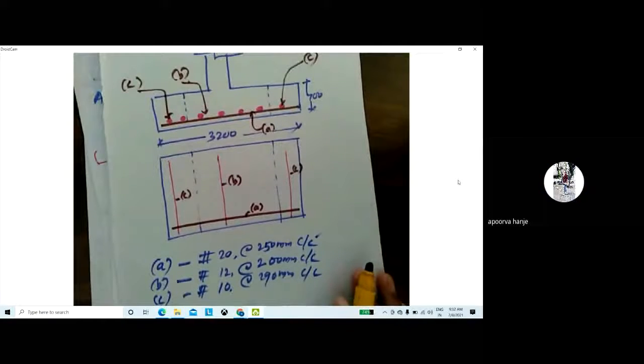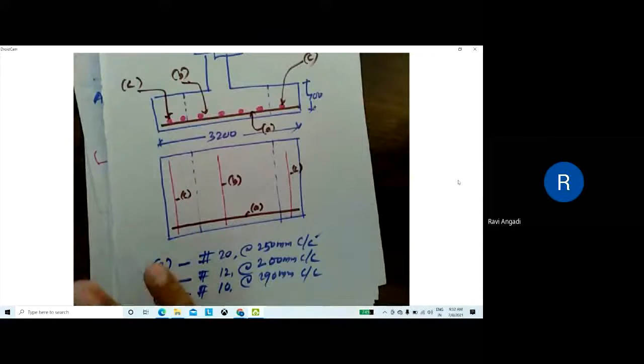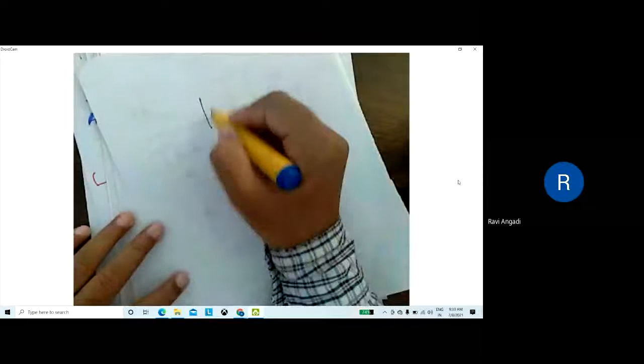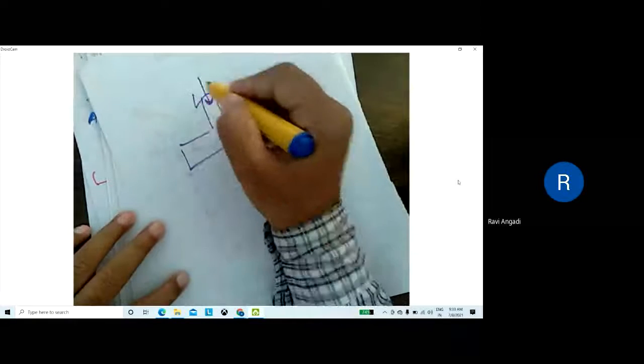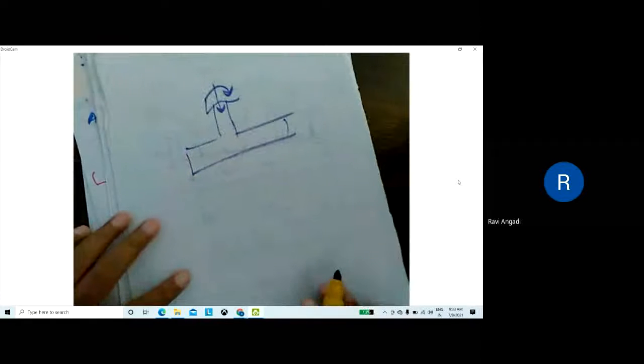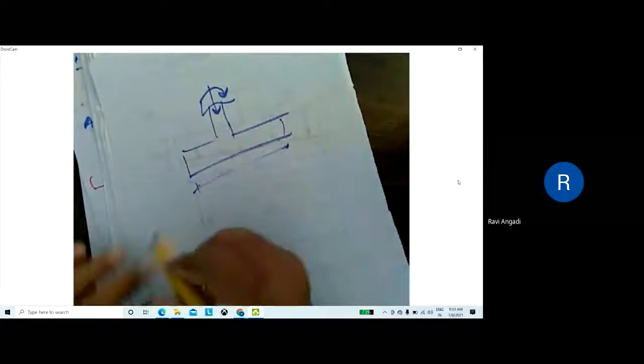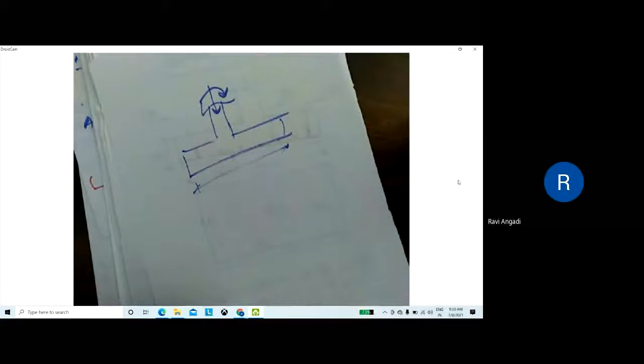No, sir. Right. So with this, design of isolated footing without eccentricity, we have completed. One we have taken as a square footing, and another one a rectangular footing. So in the next class, with eccentricity, means suppose the moment is present. So this is a column. Along with the load, if moment is also present, how to design? That is there in your syllabus, so we'll discuss that in the next class.